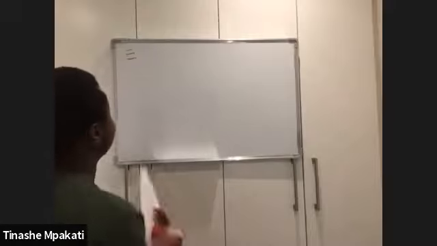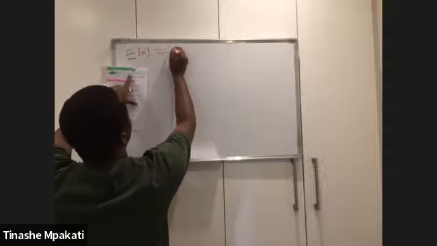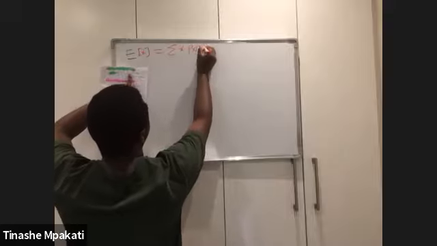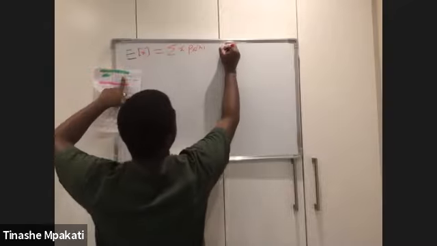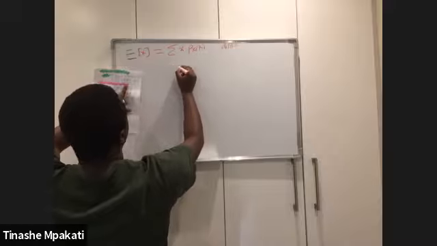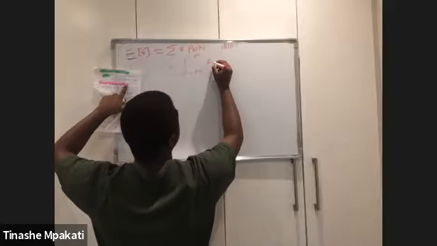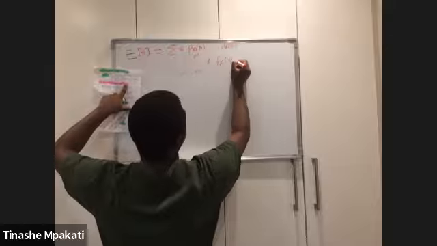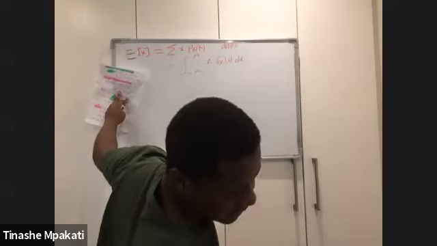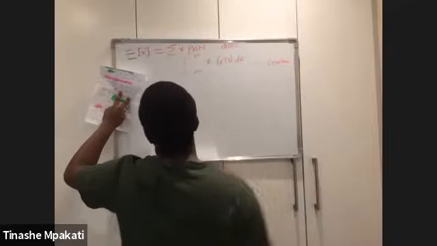But we know that the expectation of X is equal to us summing across x multiplied by the PMF of X. This is in a discrete case. And then we also know that this could just be equal to us integrating over the whole interval of x multiplied by the PDF of X, with respect to x. And obviously, this is a case where our random variable X is continuous.